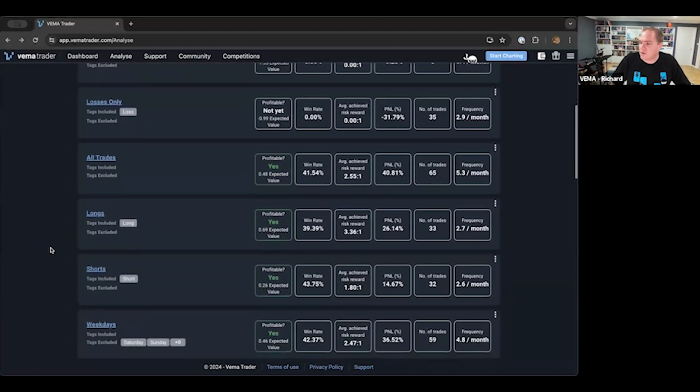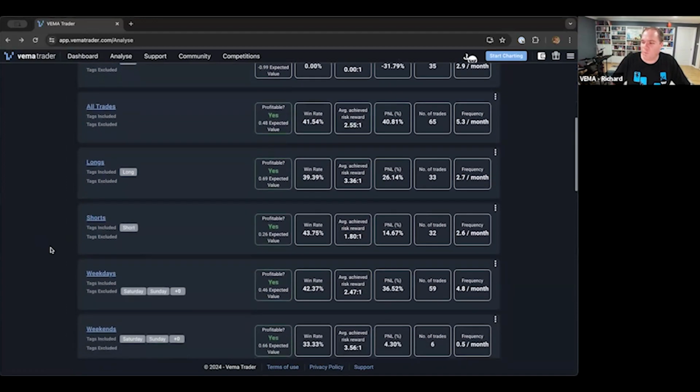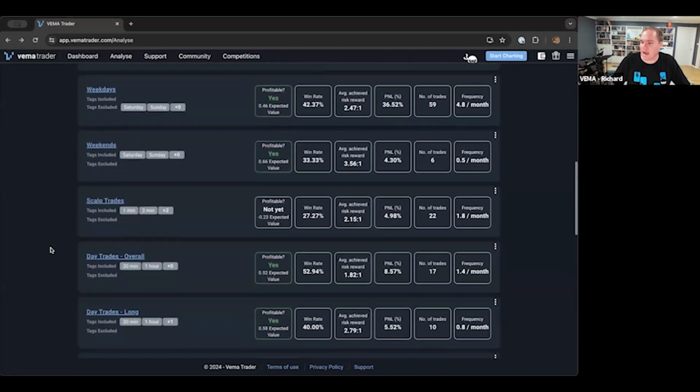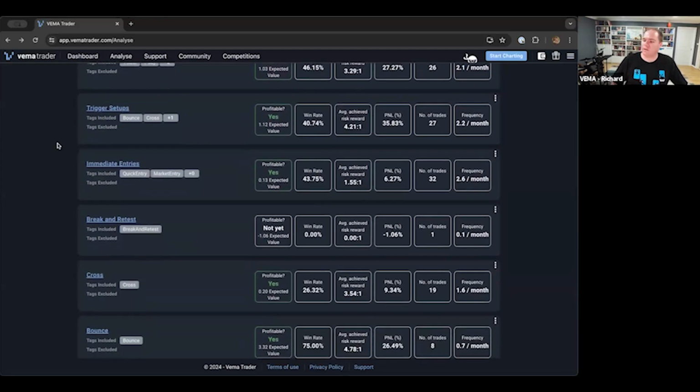Yeah, but where was the one I was looking for? So when you create a Vemma account, you get a whole bunch of tags automatically added for you. And where's the one I was looking for? Here. So one of the ones that comes pre-created for you is trigger setups, which is just looking at how well do you go with the bounce, cross and break and retest. So hey, cool. You've got a 40% win rate overall with